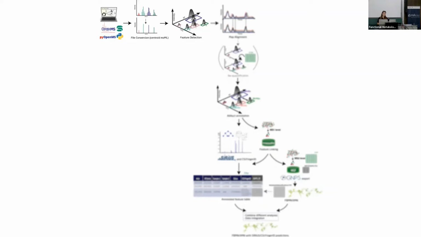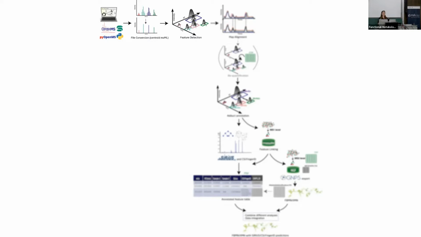So the first step that you will see in most of the untargeted metabolomics workflows, or all of them, is feature detection. I'm sure the MZmine team will talk about it thoroughly tomorrow. But of course, it detects mass traces that are of identical mass to charge and retention time. It deconvolutes peaks that have local minima and maxima. So just the typical deconvolution that we talk about as chemists.